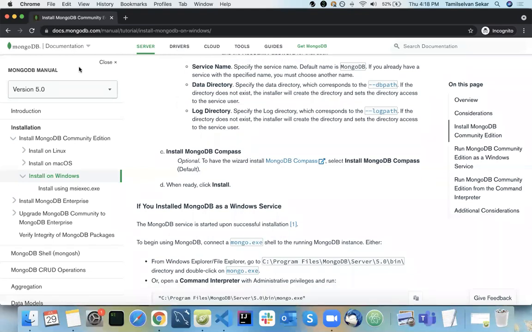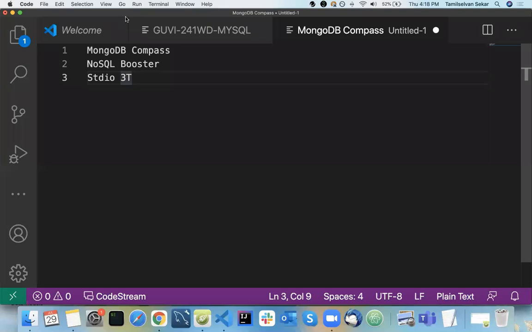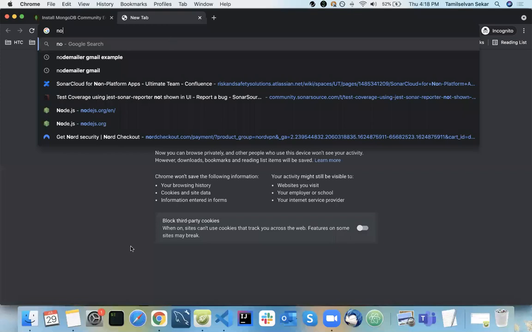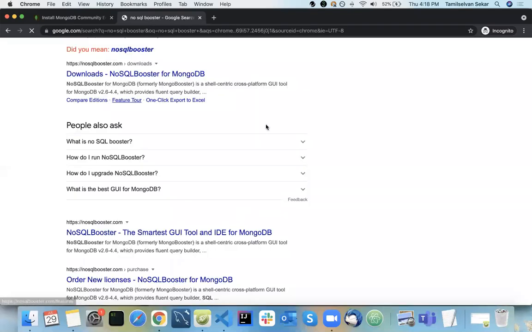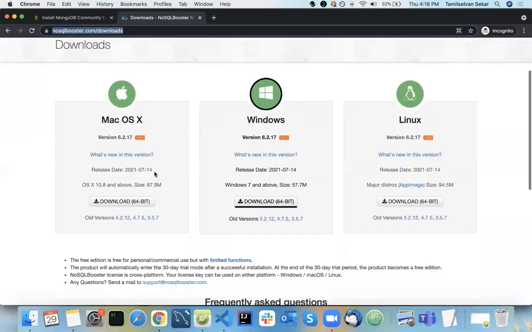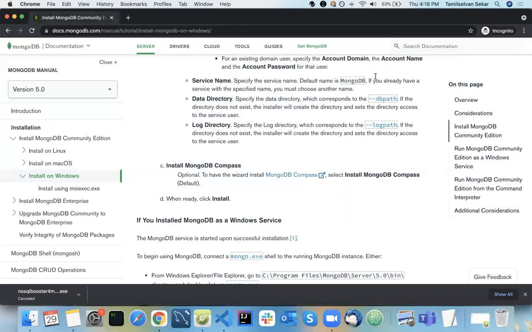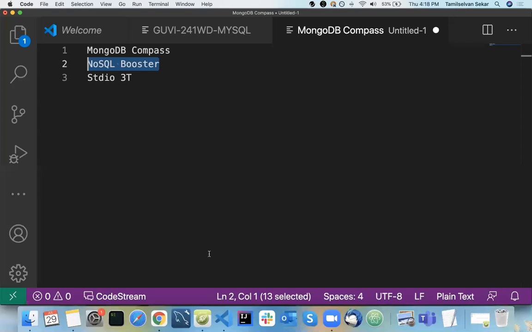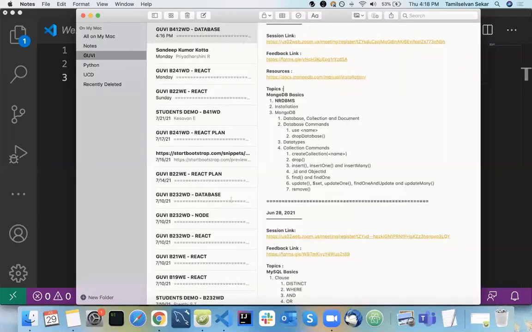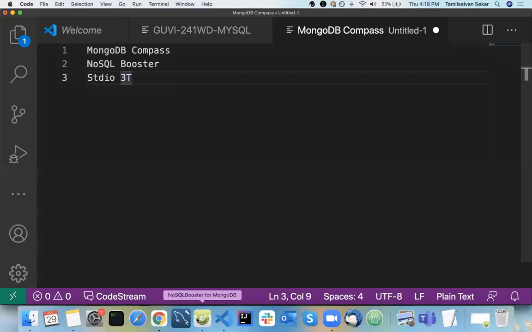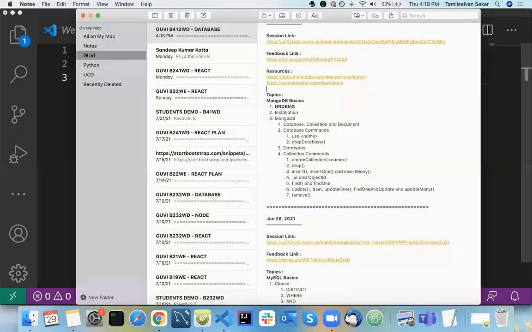If you want to use NoSQL Booster, if you go to NoSQL Booster, this is the website. You can just go to the platform here. Based on your platform, for example, if it is Windows, just click on this. It will download your exe. Just follow the steps, just click next. Okay, so that is the thing. Same way for Mac. So this is for NoSQL Booster. I use NoSQL Booster here in your session. This is NoSQL Booster, this is the logo here. Once you install it, you can now write your queries and other things.